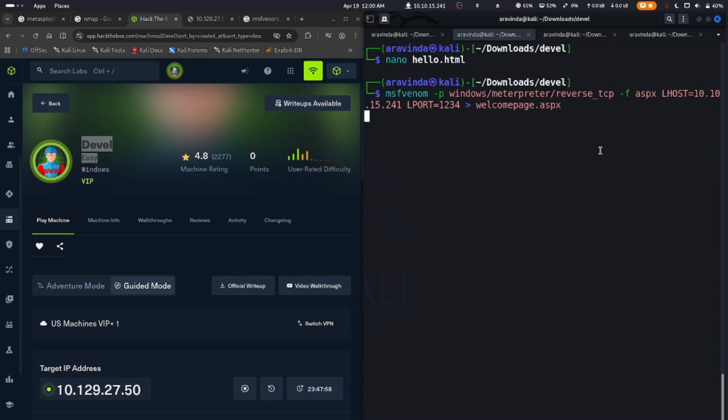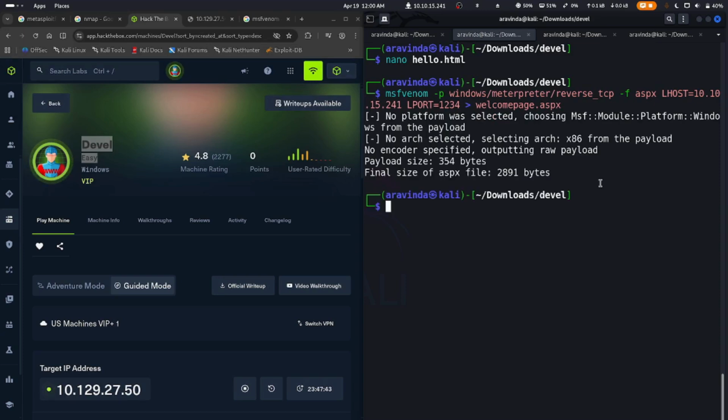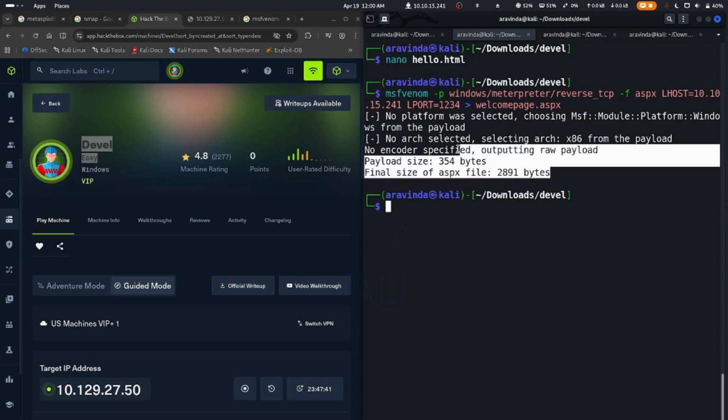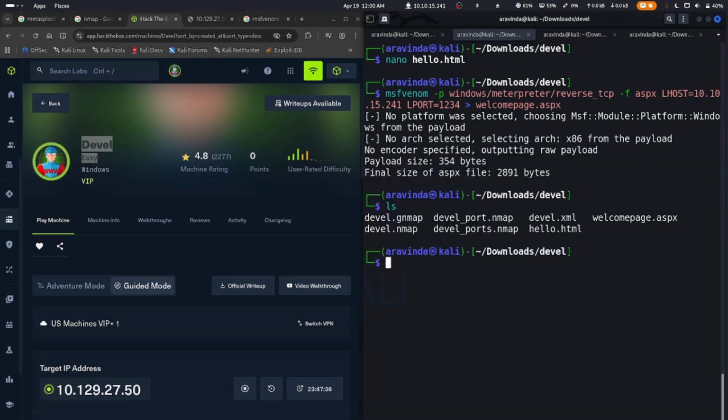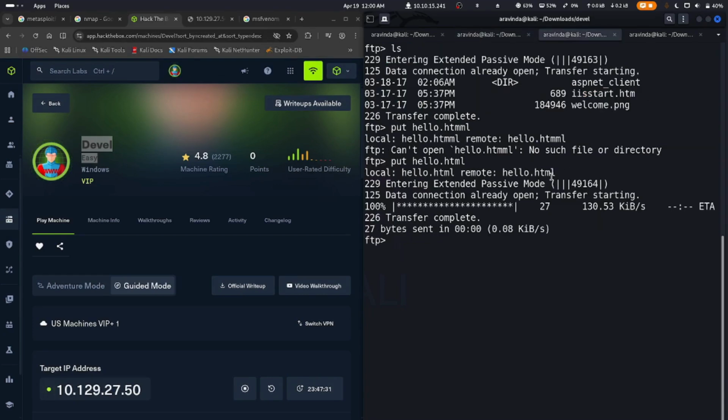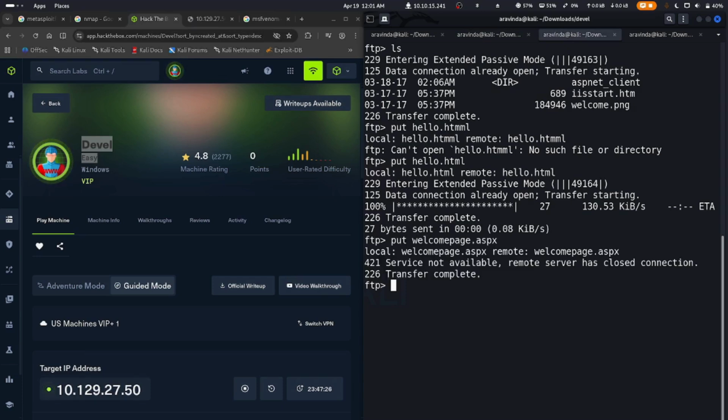So the payload is getting generated, and let's wait for a while. So the payload is generated, and it is 2891 bytes, so 2.8 KB. Let's do ls, and we have a welcome page.aspx. So let's do put welcome page.aspx, and I think the connection has closed. Let's exit,